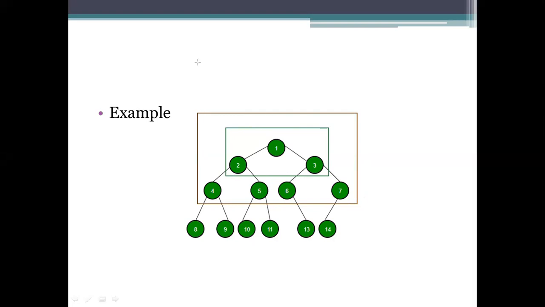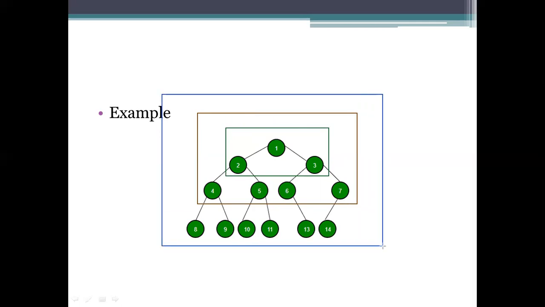And coming to the next representation, here in this one, it won't act as a strictly binary tree. Why? Because 4 is having 2 nodes, so it is satisfying the property here. And 5 is also having 2 nodes, so it is also satisfying the property. But coming to the 6 and 7, it is not having 2 subchilds here. It is having only 1 subchild here. And so it is not satisfying the strictly binary tree property here.